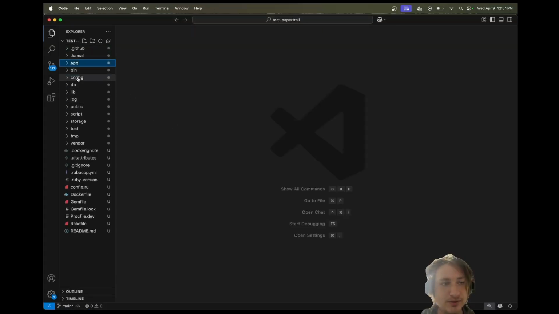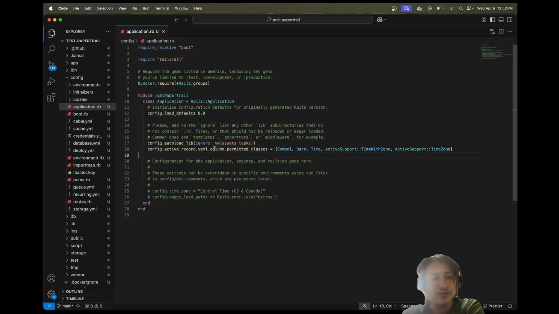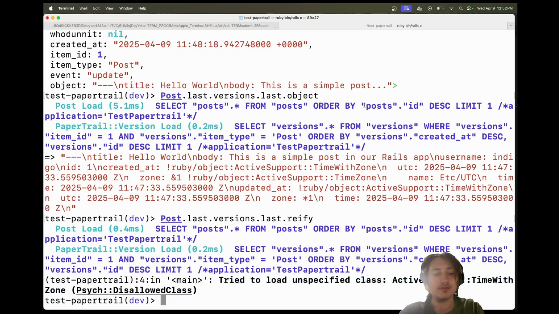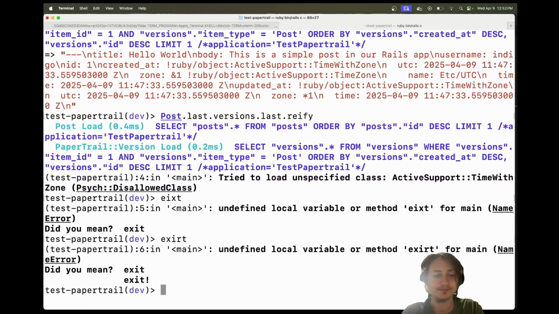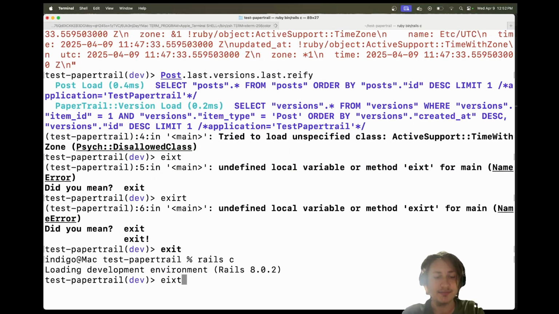So if we go over to the config/application.rb, we can drop in this line, which is going to set, of course, the YAML column permitted classes. And we have all of these different classes, including the TimeWithZone. So for whatever reason, this is going to fix the issue. So if we go and restart the server, doing exit and then loading it back up, we can run the same exact command,